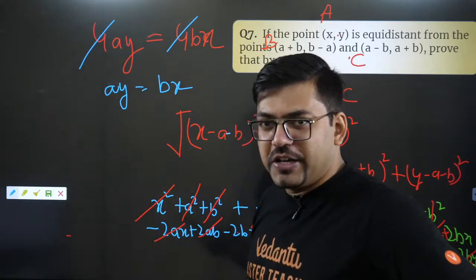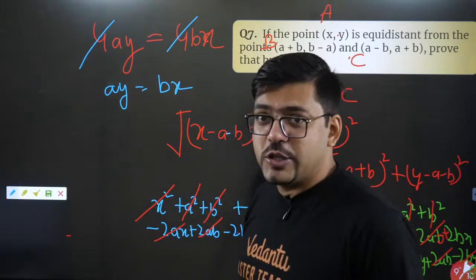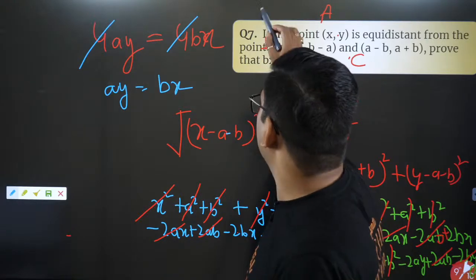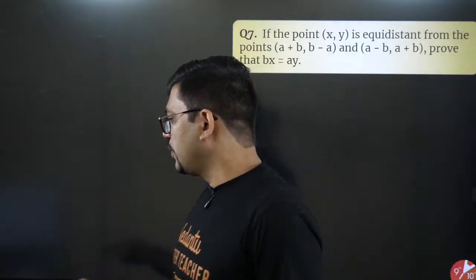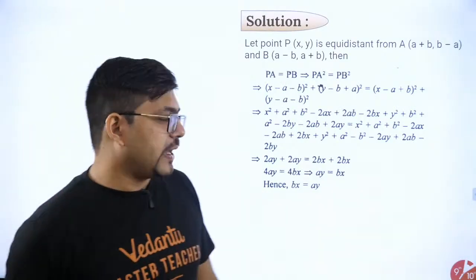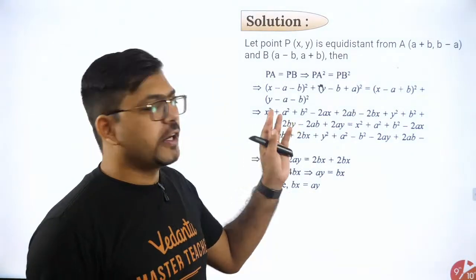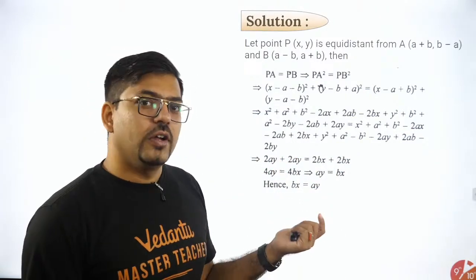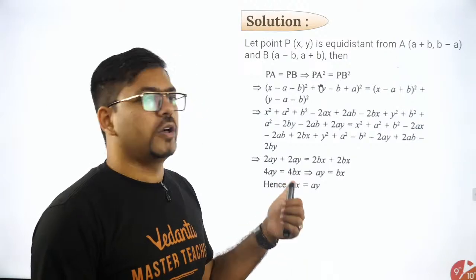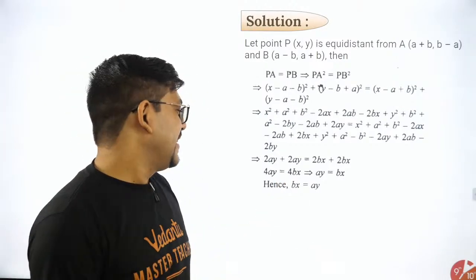Okay, so if everyone understood, that's really great. We did this question also, which is a HOTS question, higher order thinking skill question. Okay, let's move on. Here is the entire solution. So they did not do the cancellation. They used their computers and they got this answer. We used our brains and we also got this answer. Okay, let's move on.